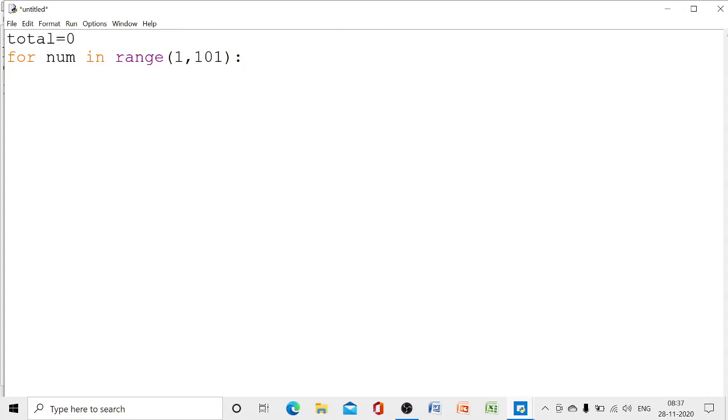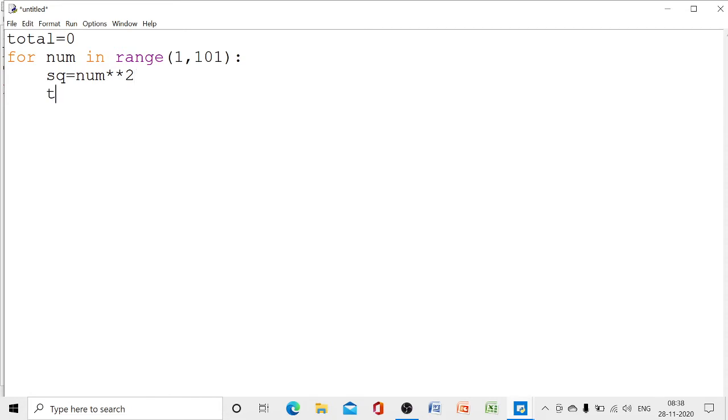Then next step, we have to give the formula: square is equal to number double star, mention the exponent value, so number exponent 2. This is the formula that we are going to use here.